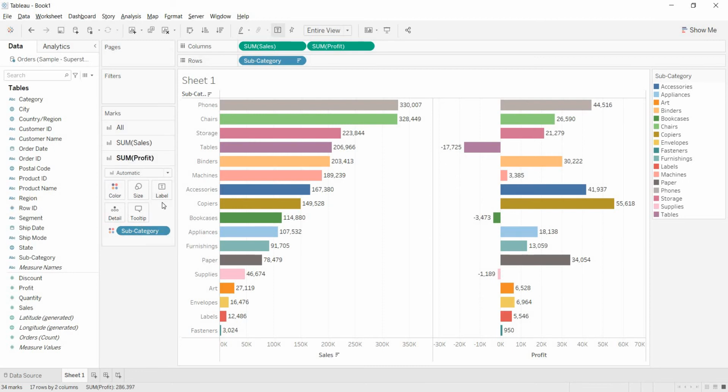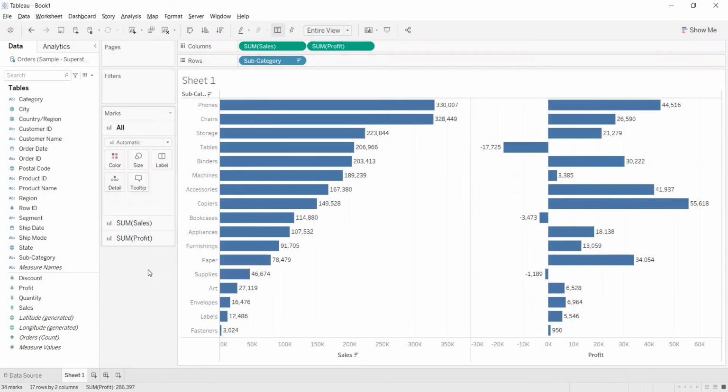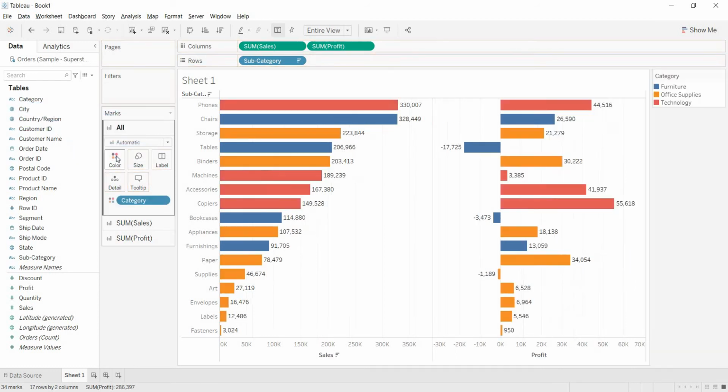Okay, let us start doing with these marks cards. First I am going with this All marks. Here what I am doing is, I am taking this subcategory into the color. See, as we are doing it on the All marks card, it is going to the sum of sales and sum of profit visualizations also. Now instead of subcategory into color, I am adding category to the color.